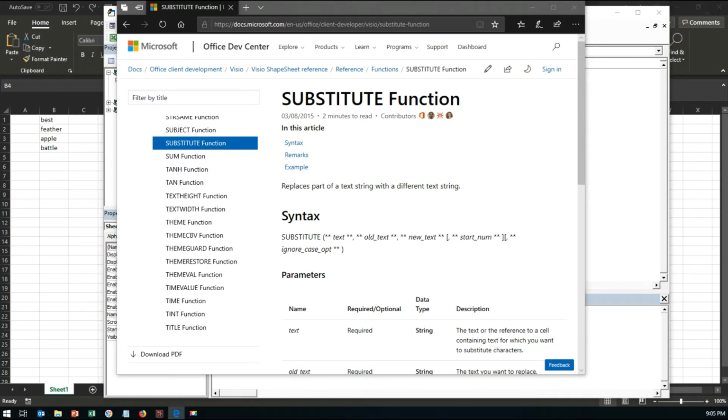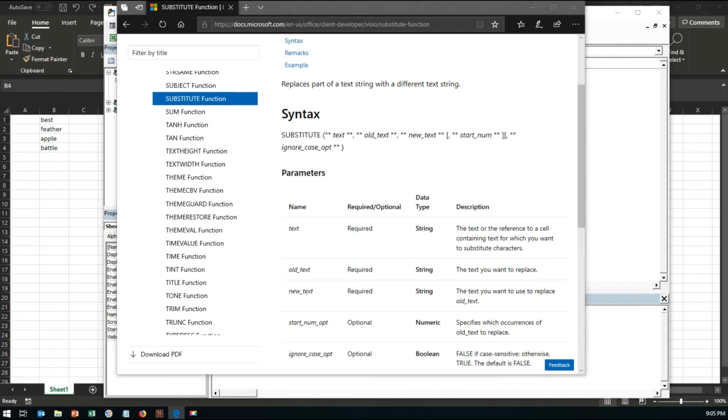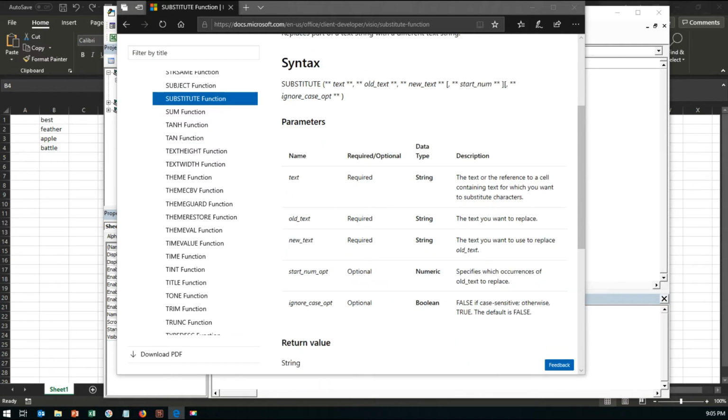Replace one part of a text string with a different text string. So here are our parameters, and you'll see there are a lot. It's the text, the old text, and the new text. So this is very